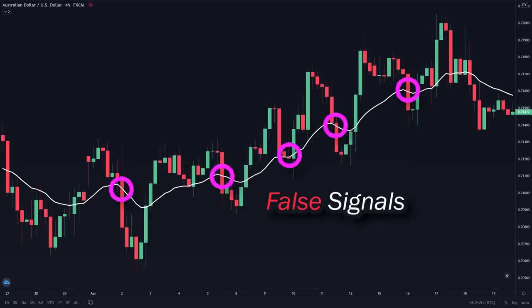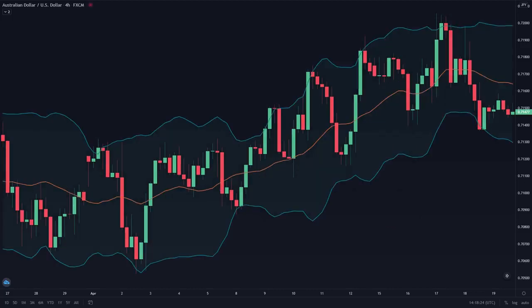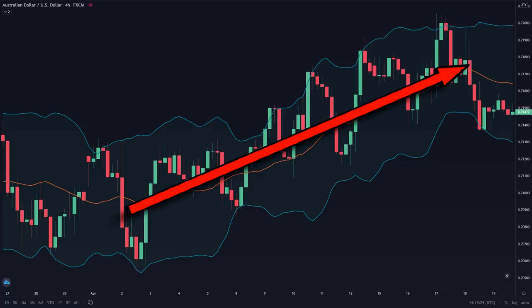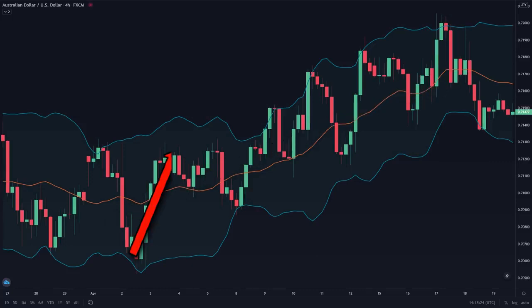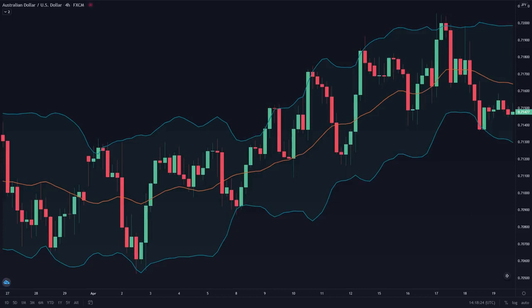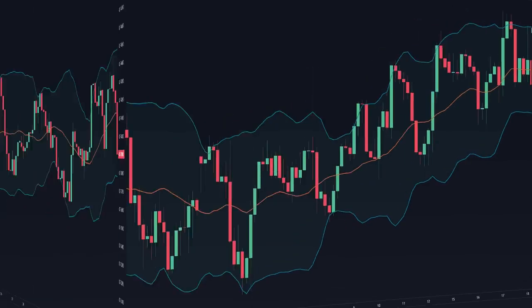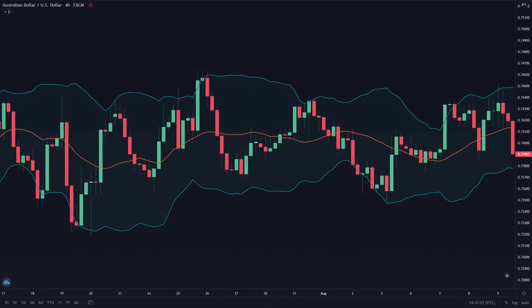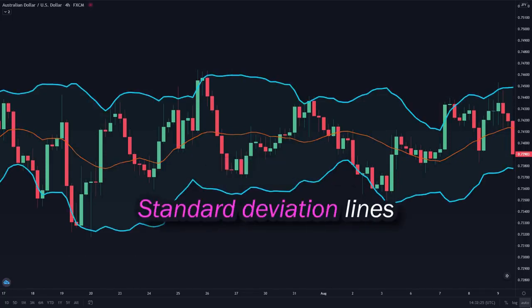signals. So that is why the Bollinger Bands is a better indicator, because it can identify the direction of a trend while also taking these pullbacks into consideration. Hence, it can give you less false signals. The Bollinger Bands is a very simple to use indicator. It consists of three parts: a 20-period simple moving average in the middle, and two standard deviation lines above and